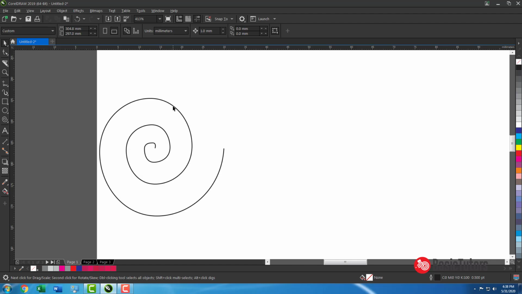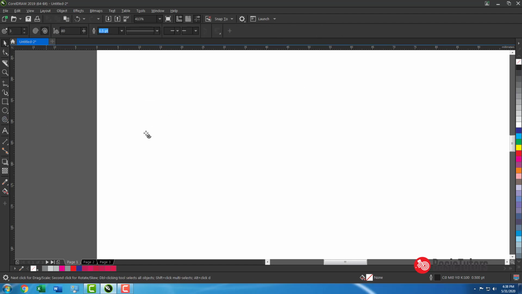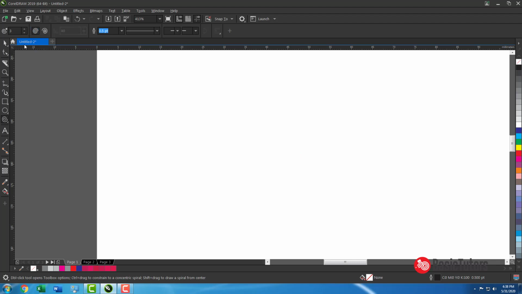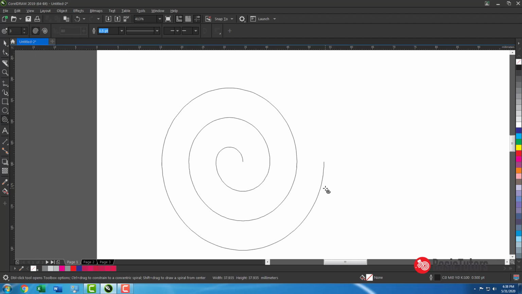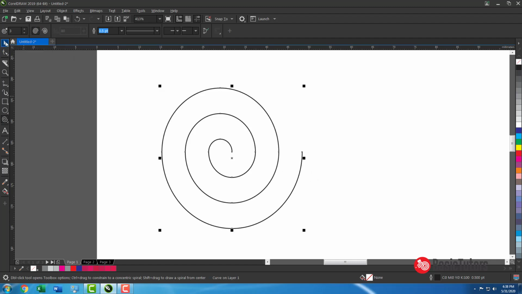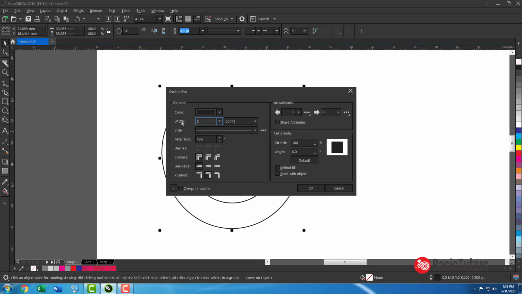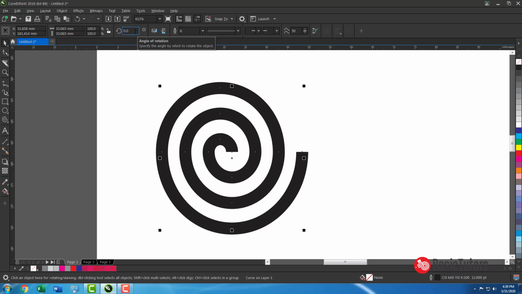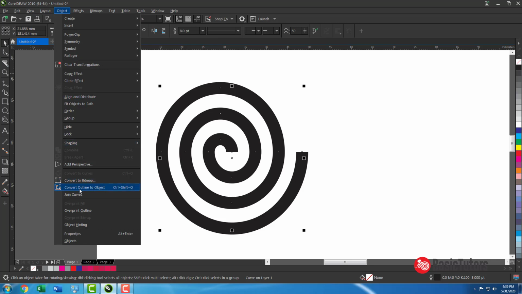See, also I may give you a preview of what I did in that video, what we can do with our spiral tool. See, I made a spiral and increased the thickness, not much. Okay, and I may choose a command called convert outline to object.